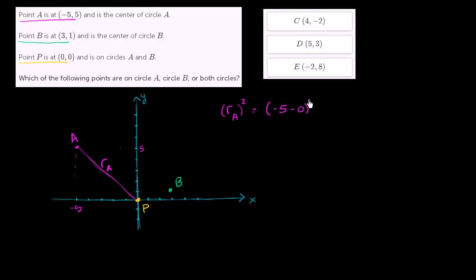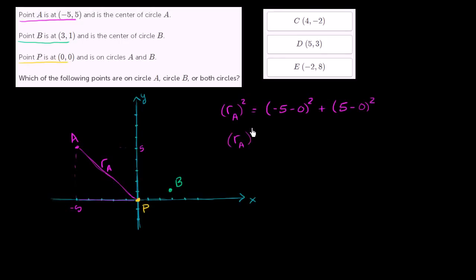That's our change in x, plus our change in y, 5 minus 0 squared,